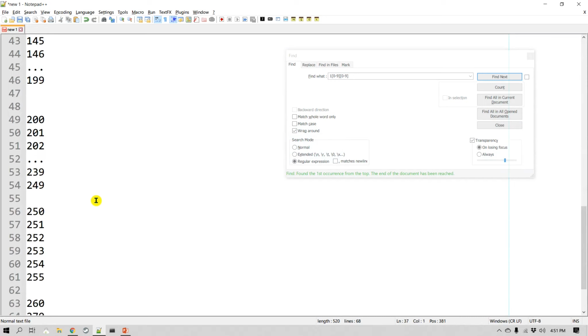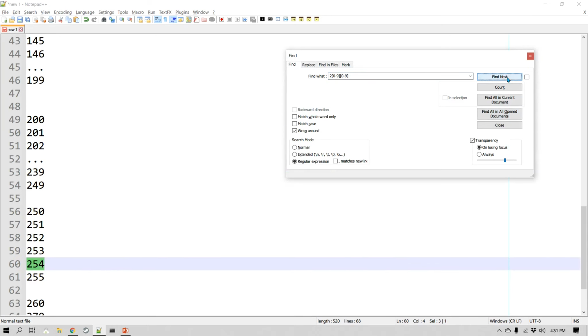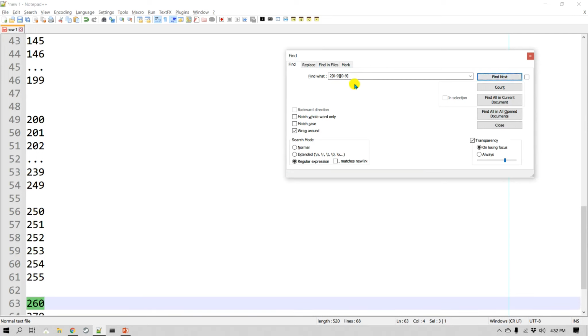Now the next 3 digits start from 200 to 255. We cannot go over 255. So you might wonder, how can I do this? If I put 2, do you think that will work? Now the problem is, it'll definitely match till 255, as you can see. And if I go next, it will also match something that is greater than 255, like this. So we don't want that, right? That is an invalid number.